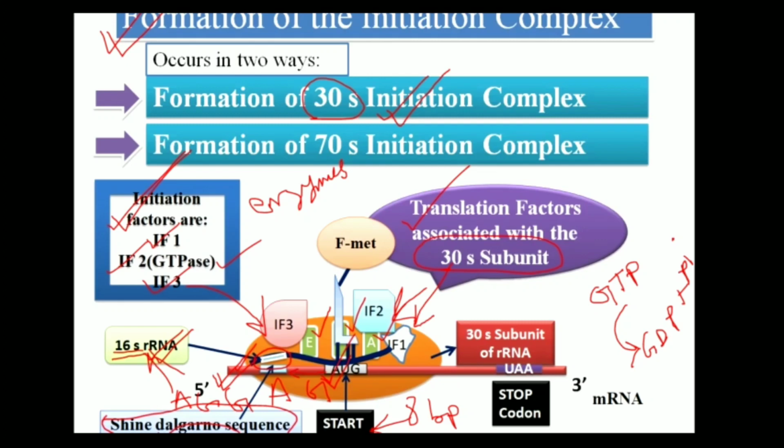So before starting the initiation or before starting the elongation part of the translation, and before finding the start codon, the 16S rRNA binds with the Shine-Dalgarno sequence, and then they will provide some signal,